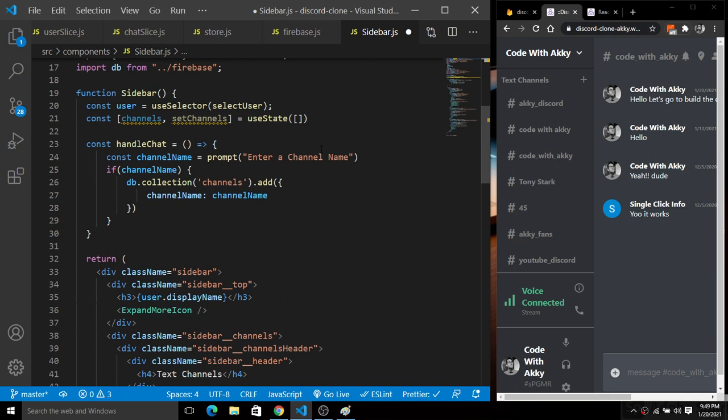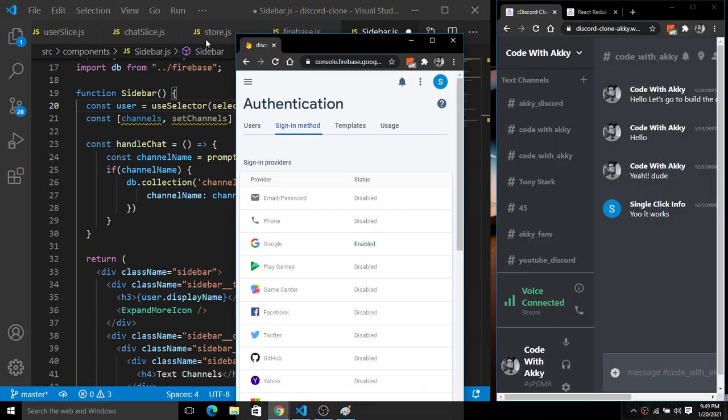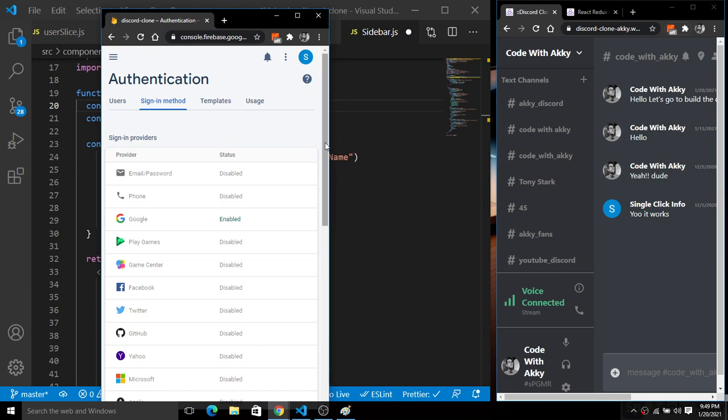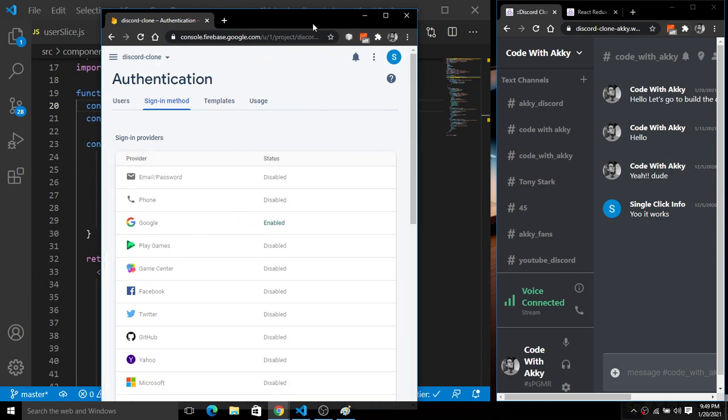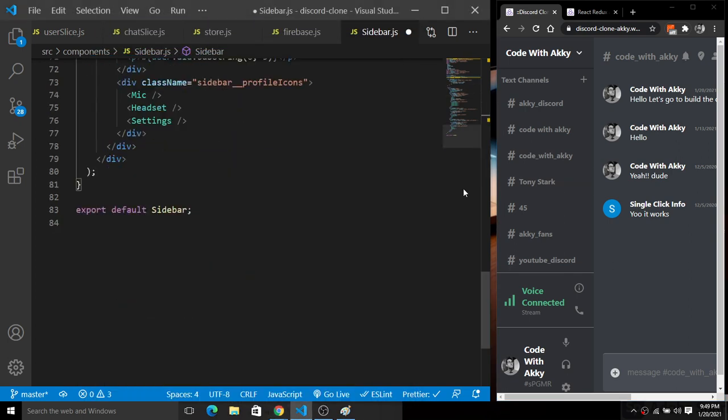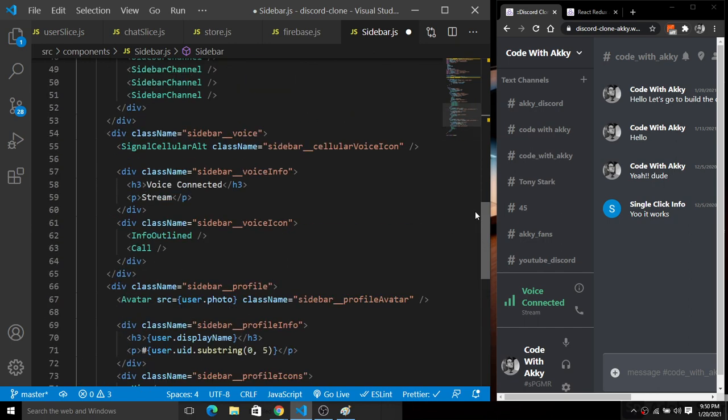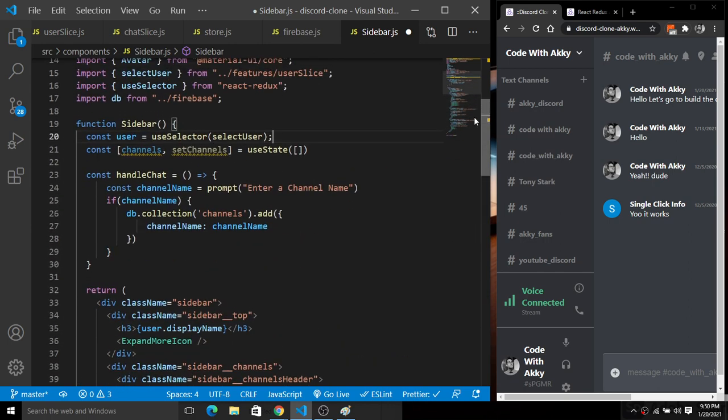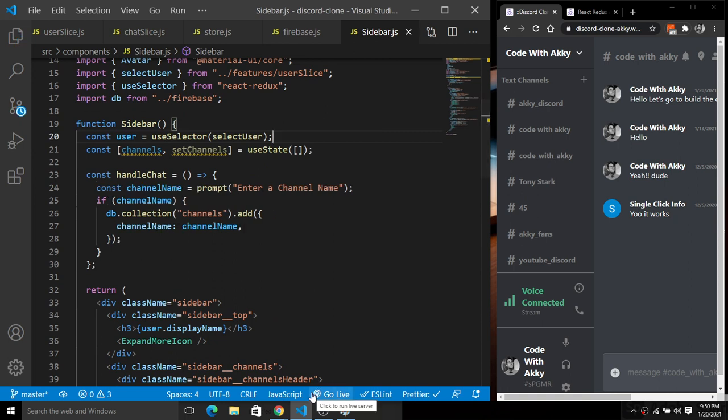So we have already created a custom hook here. Now the chat name is directly fetched from the database. So I'm going to show you in real time. Let's pay some attention here. I'm going to save this file first of all, and I'm going to show you a real-time fetch functionality here.